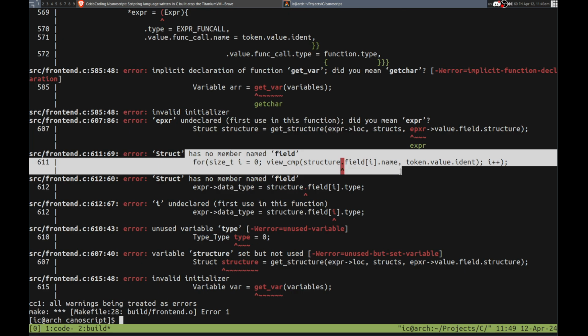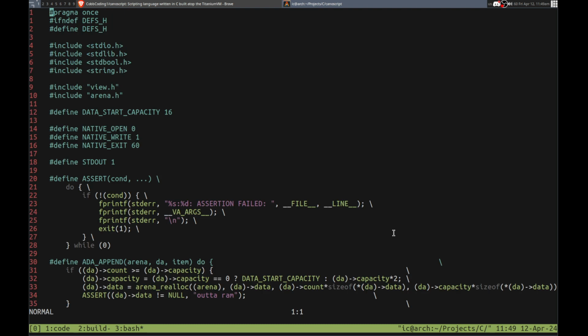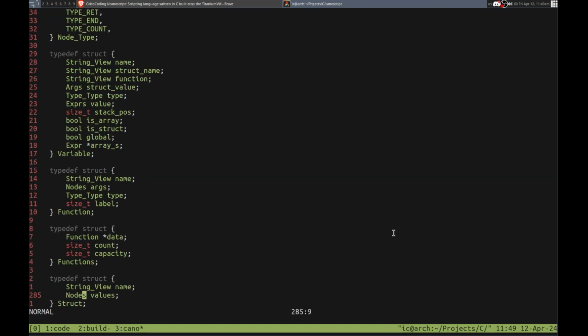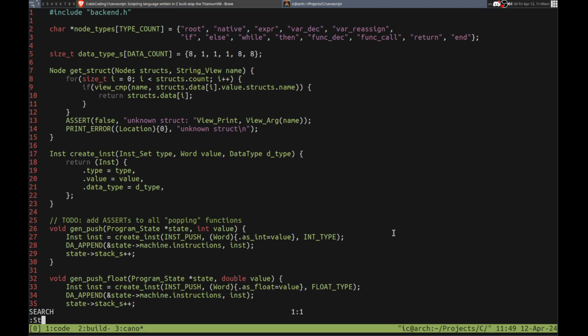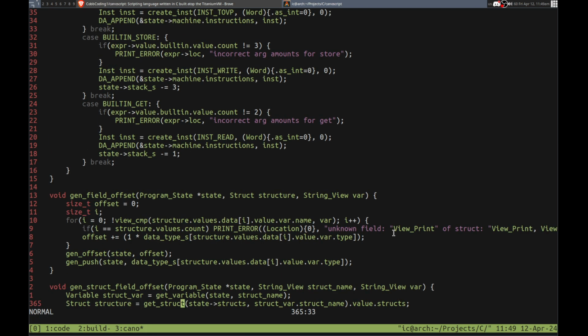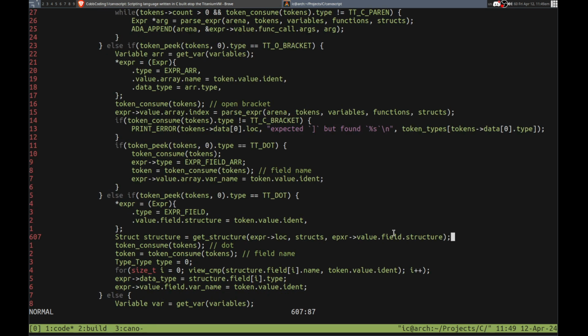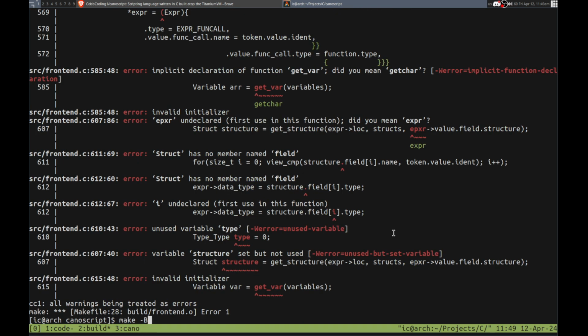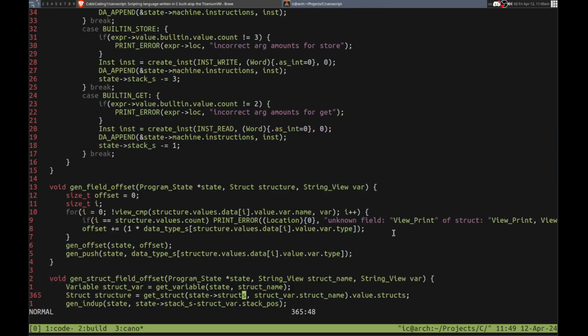Struct, okay, struct has no member named field, so what does it have? Let me look at struct. Oh, it has the values. Okay, so how can we iterate over the values? Alright, let's see, do we do that in here? That's in structs. Is that right? Yeah. Okay, now how do we get the